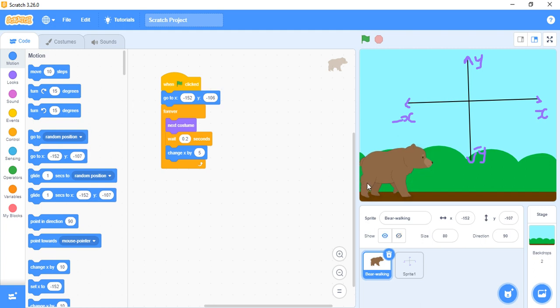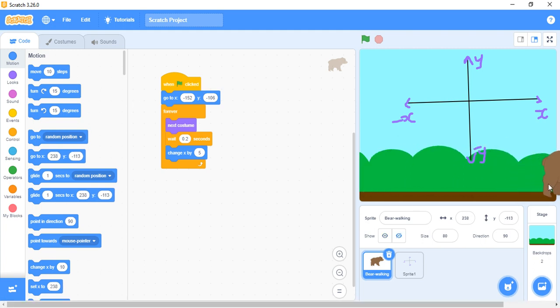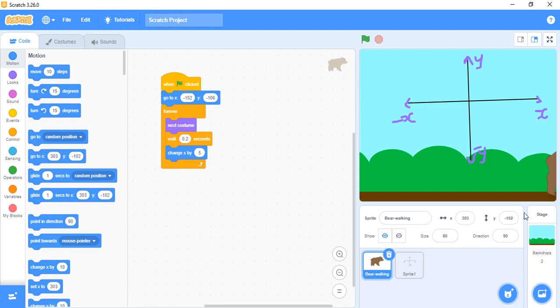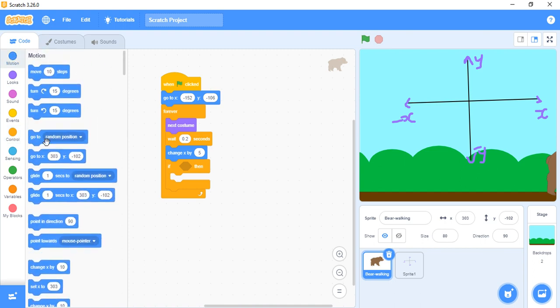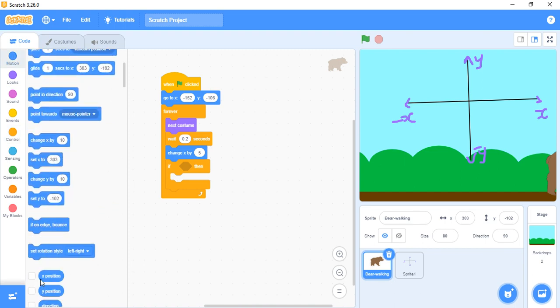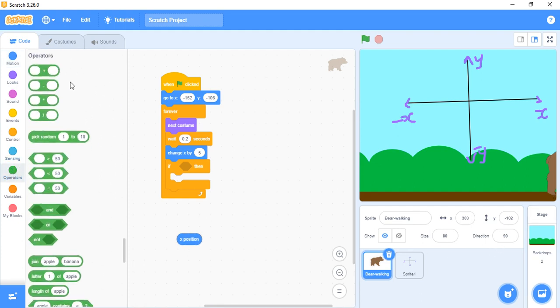So we say if it gets to this point, you see that is on X. So we go to control, if, then go to operator. If the position of X is, let me say, greater than,